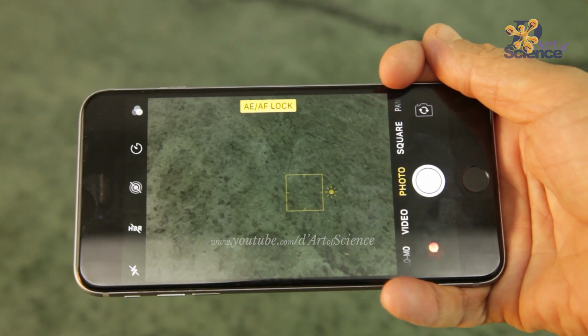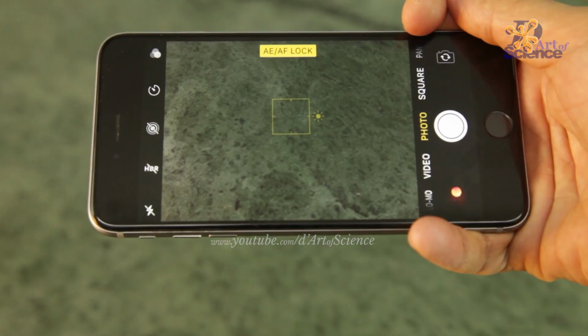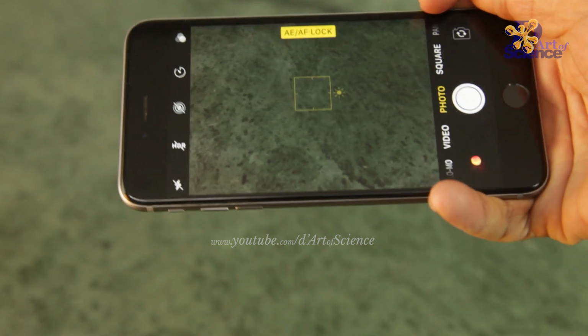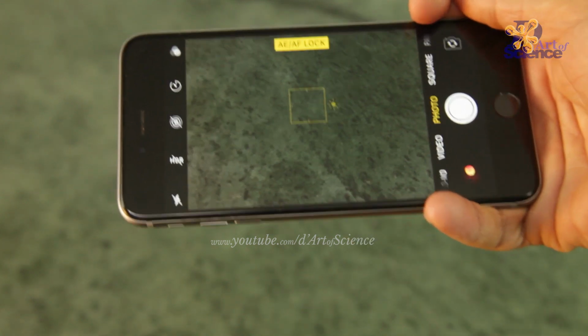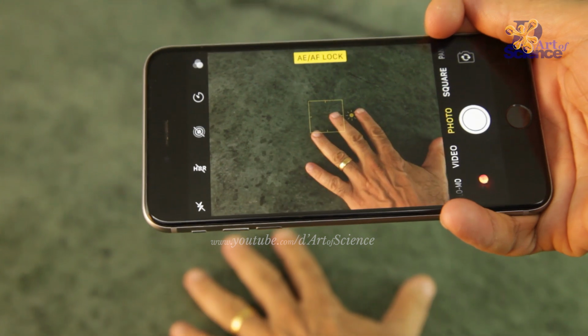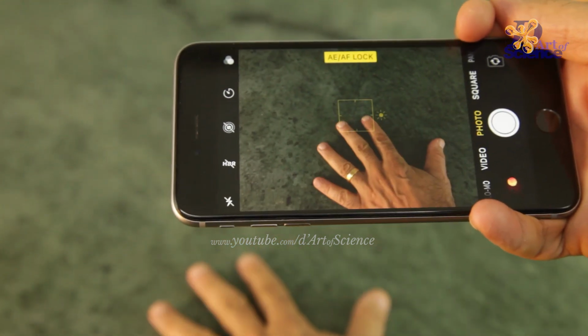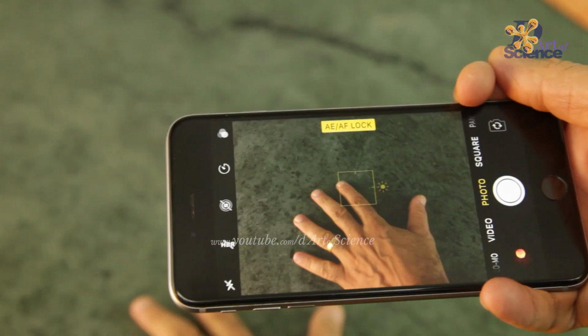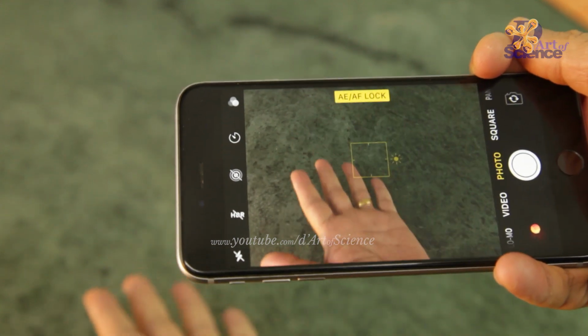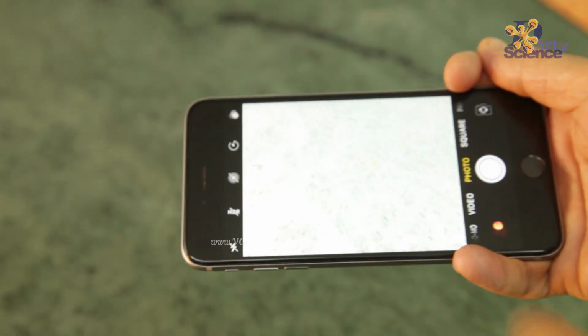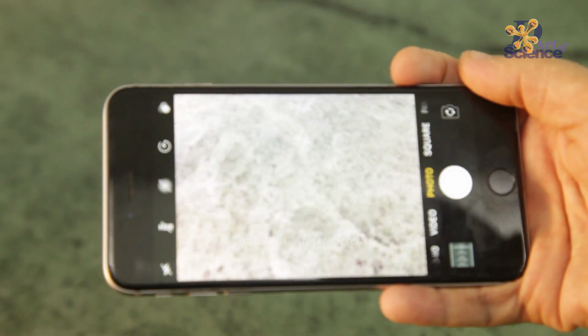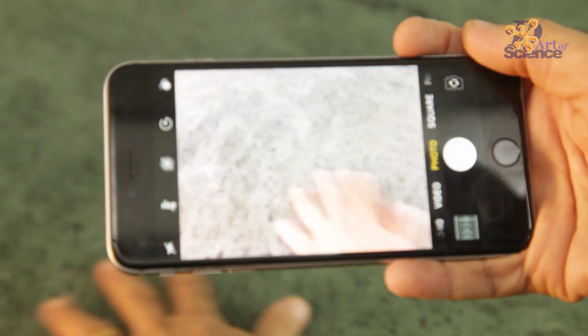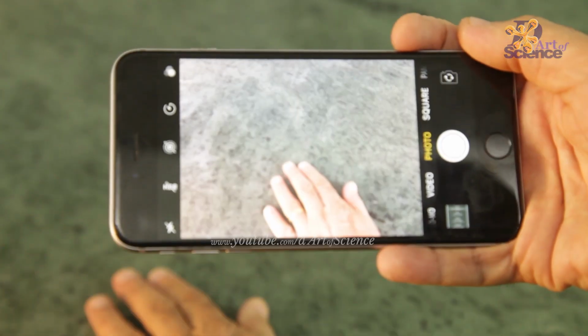Exposure lock in different cameras is done differently, and in mine it is done by choosing the frame that you want to shoot and then pressing it in the main area where the action will be. In this case, the center is best, and then it locks. Now when my hand comes in front of it, the camera doesn't try to adjust its exposure or focus. If it wasn't locked, then see what would have happened. The shots keep becoming brighter and darker because the camera tries to adjust its exposure depending on what it sees.